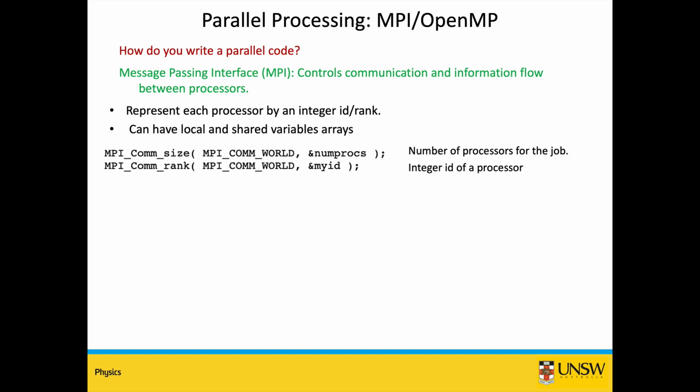And these are some of the commands. So the first command gives you the number of processors for the job. You can have this type of code in Python or in C. So you can embed MPI code in Python or C, but you need a specialized compiler when you are compiling. The second case here returns you the particular ID of a particular processor. So when you run this, the code runs on all the processors, and each processor returns you a different ID.